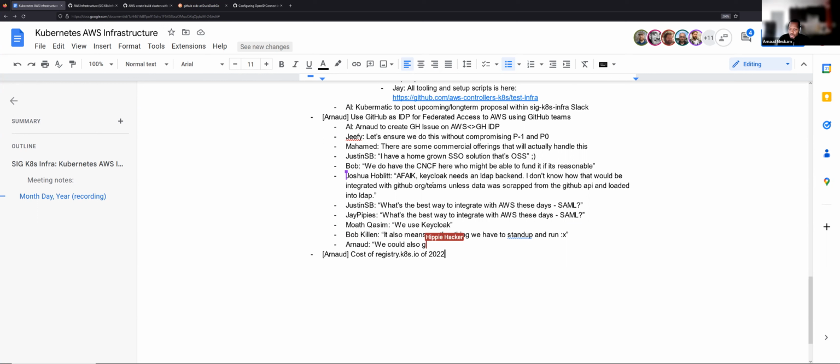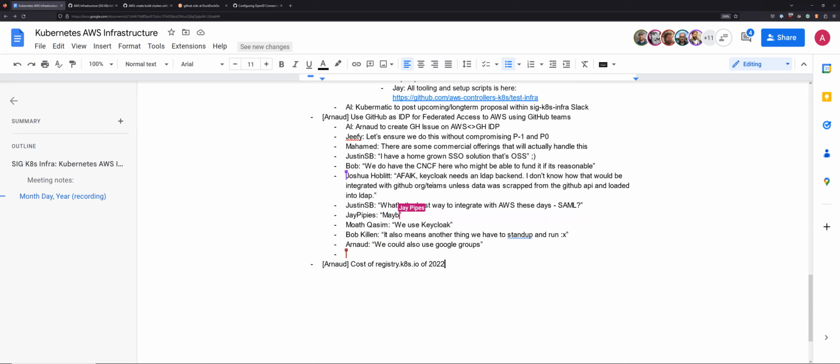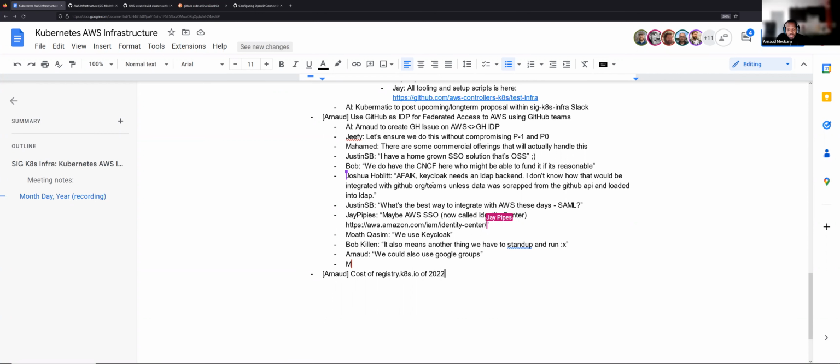Okay, that sounds good. I will still explore Keycloak because I can spin it up somewhere and play around with it. I will demo that just to complete the circle, and also propose the commercial products that I think will be great for us, and then take it from there. What you mentioned is one part of the authentication process on the AWS side. What we're talking about is basically on the community side. We need to be able to plug Identity Center and GitHub.